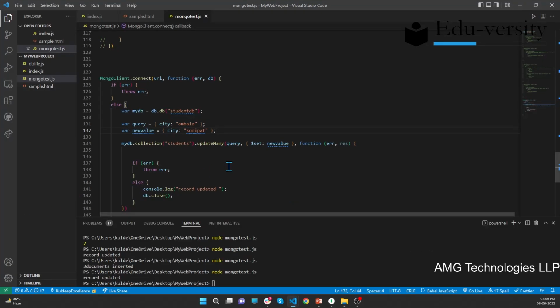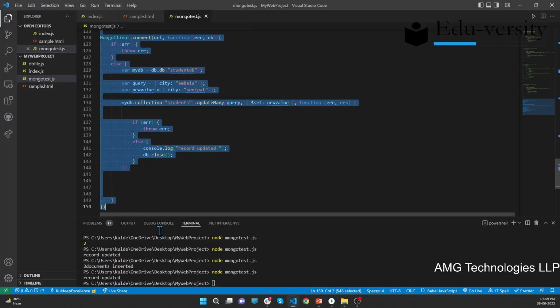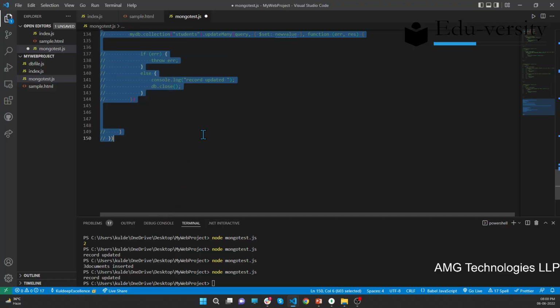In this code we have just updated two records. So in this video we have inserted the data, we have fetched the data with the find record, we have updated the data, and we also have deleted the data with the delete record. Now if you want to delete the collection, for that you have the drop collection option. Let me show you how to